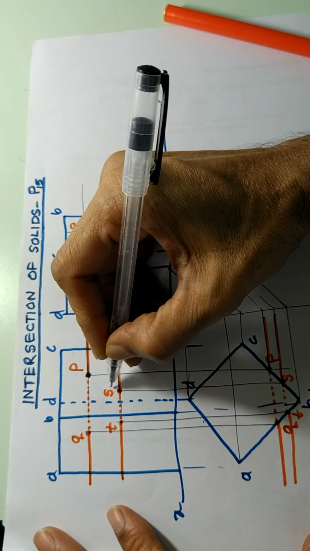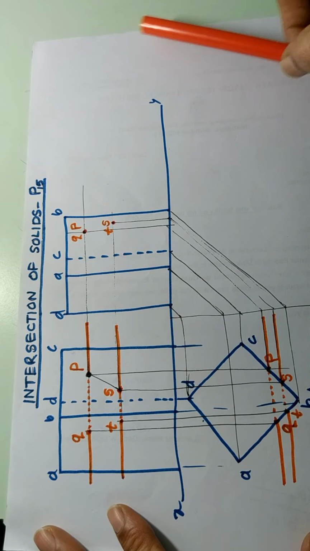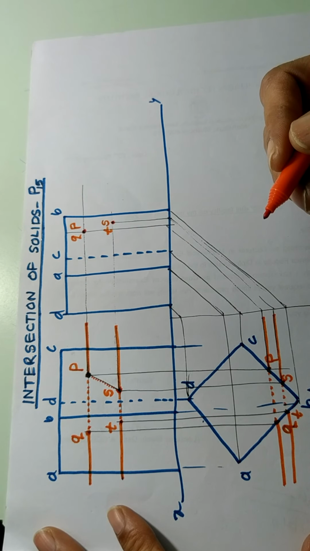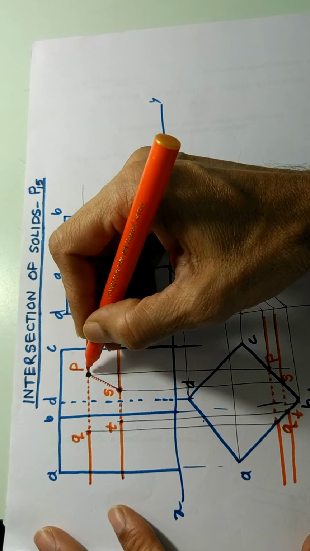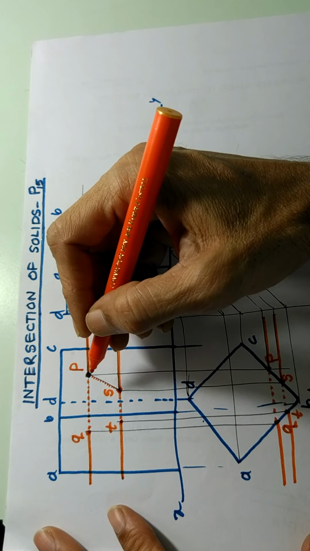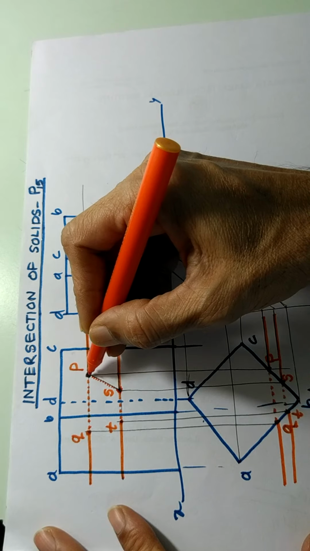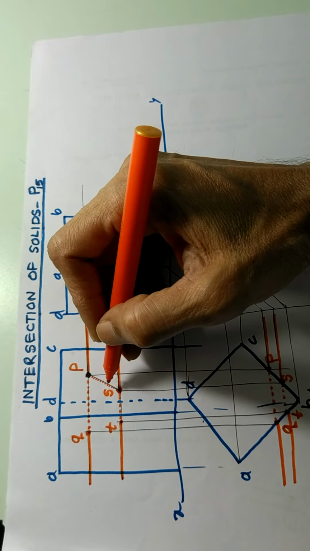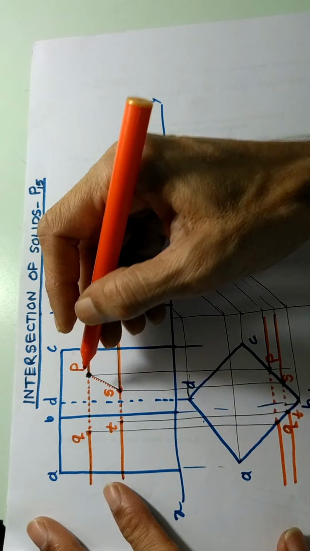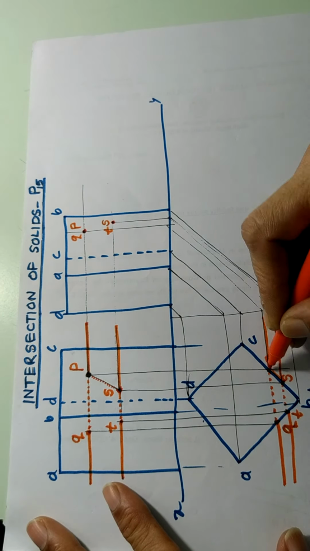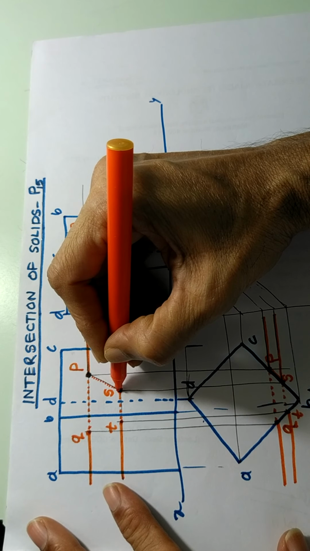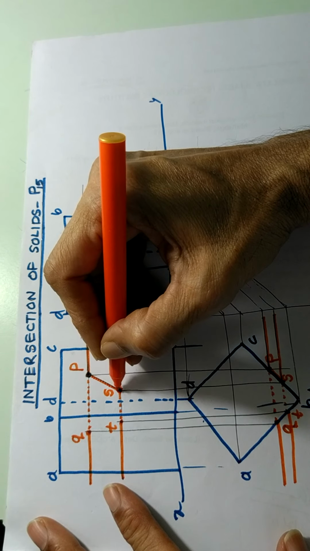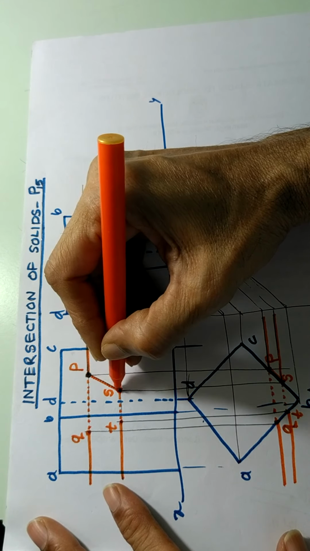That means suppose we join this P and S, and then we say that between P and S there are say thousands of points on this line PS. Suppose there are 1000 points, and suppose you try to draw all the 1000 points here, then where will be those 1000 points? The top view of all these 1000 points will be here. So this 1000 points means what? It will be a line. So all the 1000 points, 10,000 points when you join, they will be showing you as a line.